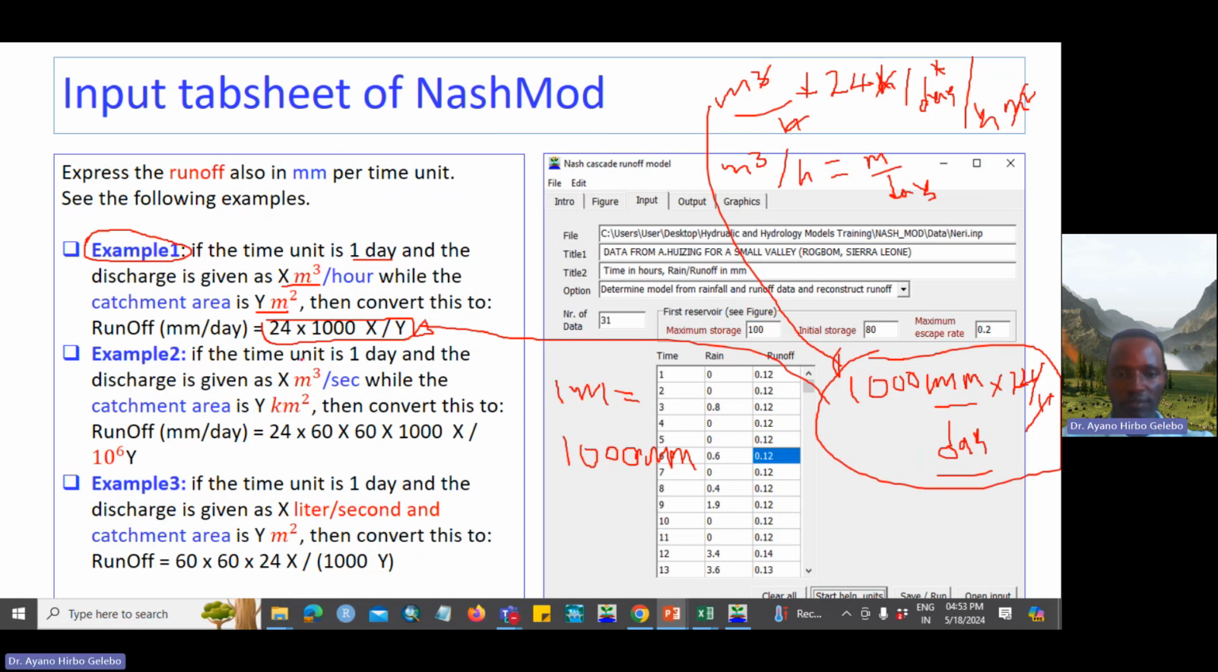So you have to do the same mechanism for all. For example, if you are going to convert, in the second example, if the discharge is given in meter cube per second, mostly as we know in hydrological stream flows, the data will be given in meter cube per second, even if daily. So you should convert, while the catchment area will mostly be given in kilometers square. Okay. So in this case, by using the same principle that we used in example 1, the conversion factor will be